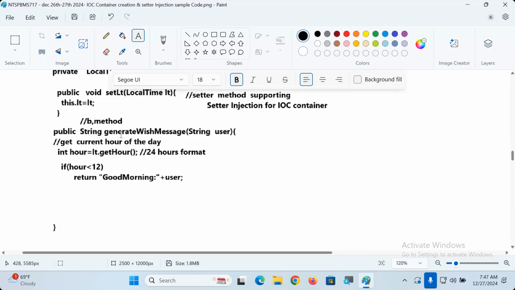The container creates the object and injects it. When the container creates the LocalTime object, that too by calling the now method, by default it holds the system time. From that system time, I'm getting the current hour of the day, and based on the current hour of the day, I'm generating the wish message. After that, what next? Else